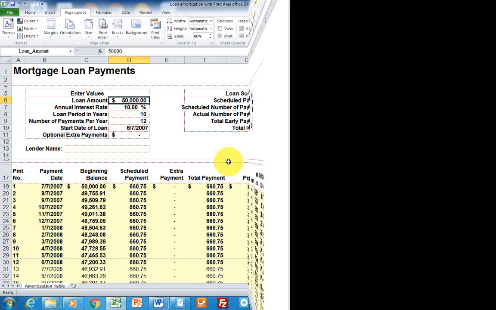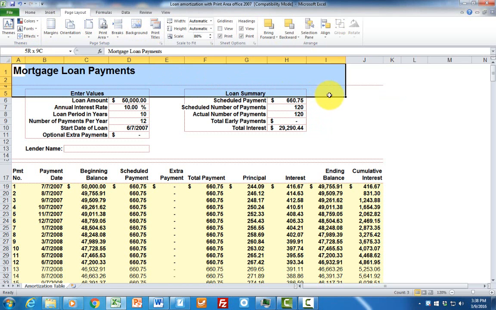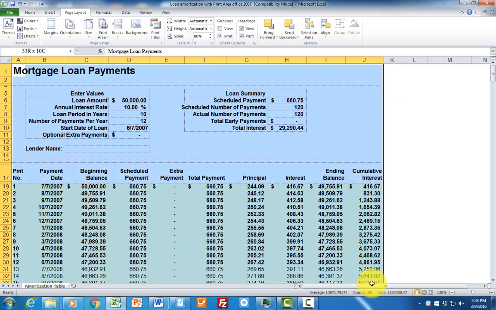We'll calculate it, but we won't print them all out. Now, if you're getting ready to print out a hard copy, what you want to do is set up the print area. You can do that by going to Page Layout. Place your cursor in cell A1, hold down your left button, and highlight, this is just one way to do it,